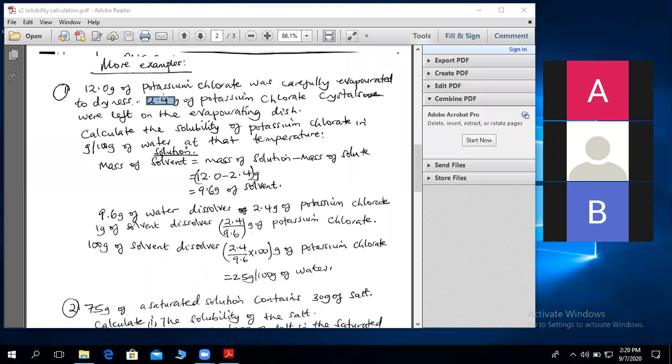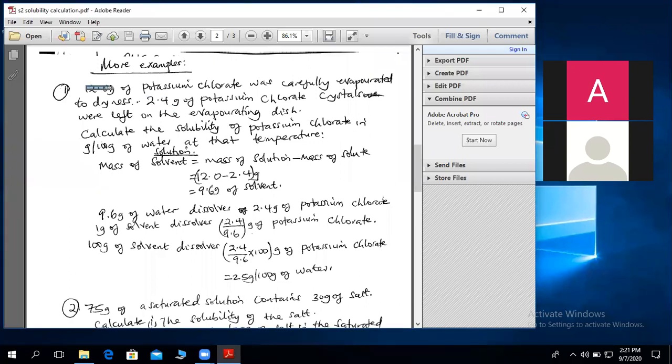So apparently we have the mass of the solute, but we don't have the mass of the solvent. How do we get the mass of the solvent? Here, the trick that wasn't in the first question is you first get the mass of the solution, which is